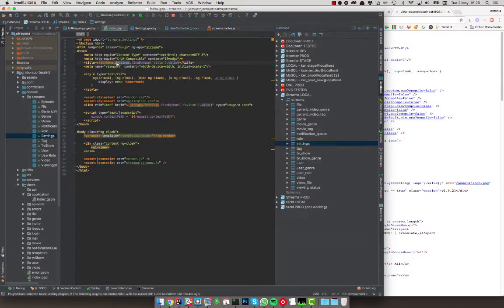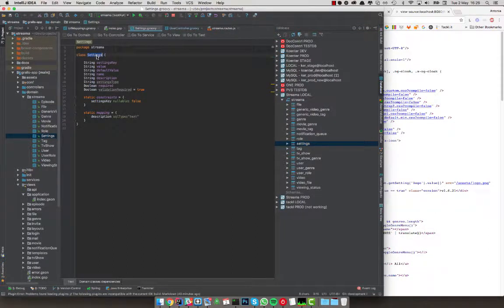Because this settings model maps to the same named table if we don't specify otherwise. Grails is like convention over configuration. The convention is a model is named the same way as its equivalent table. A model is named by the table, or the table is named by the model. But if you want to configure it otherwise, you can. So this is like a Grails mantra, convention over configuration. Now we have the settings domain or settings model, and from it we can